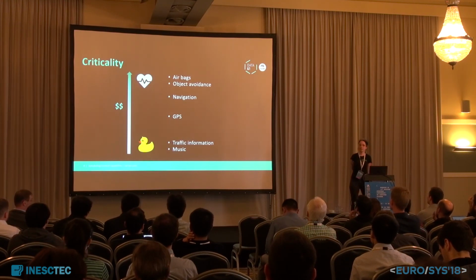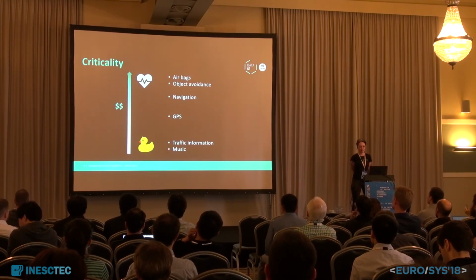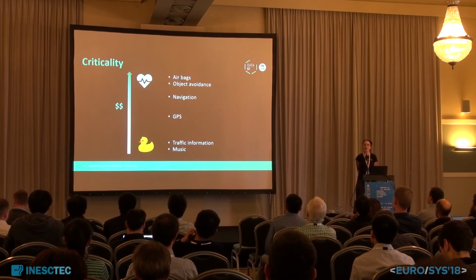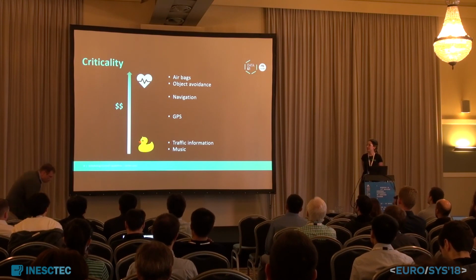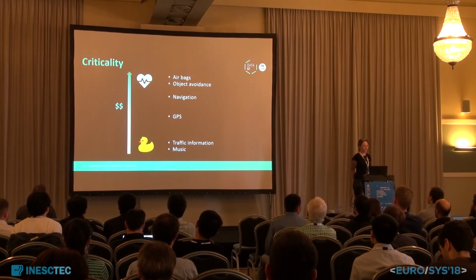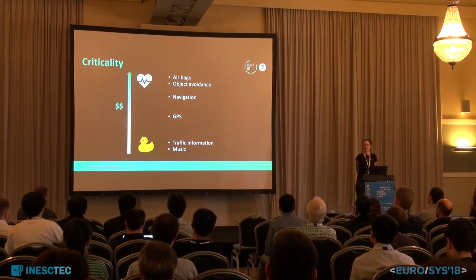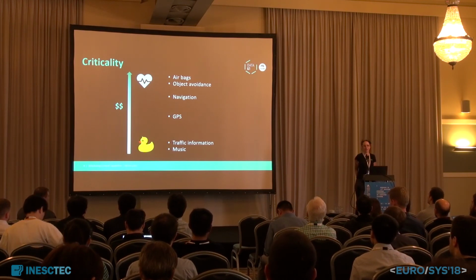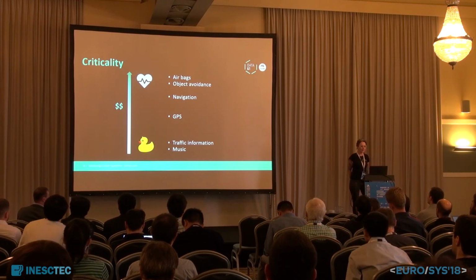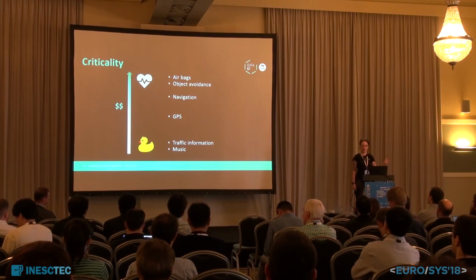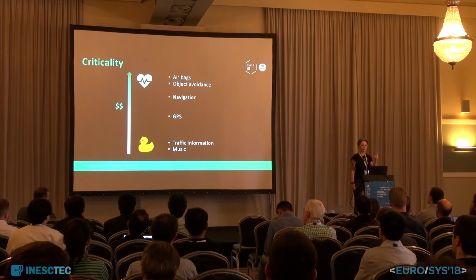So, first up, the criticality of a system refers to how bad a failure can possibly be. So a high criticality system like airbags, object avoidance, landing gear in a plane, it's highly critical because failure can cause massive death and destruction. Whereas a low criticality system, something like music playing in a car, a failure can only really cause a degradation in service. We don't mind that much.